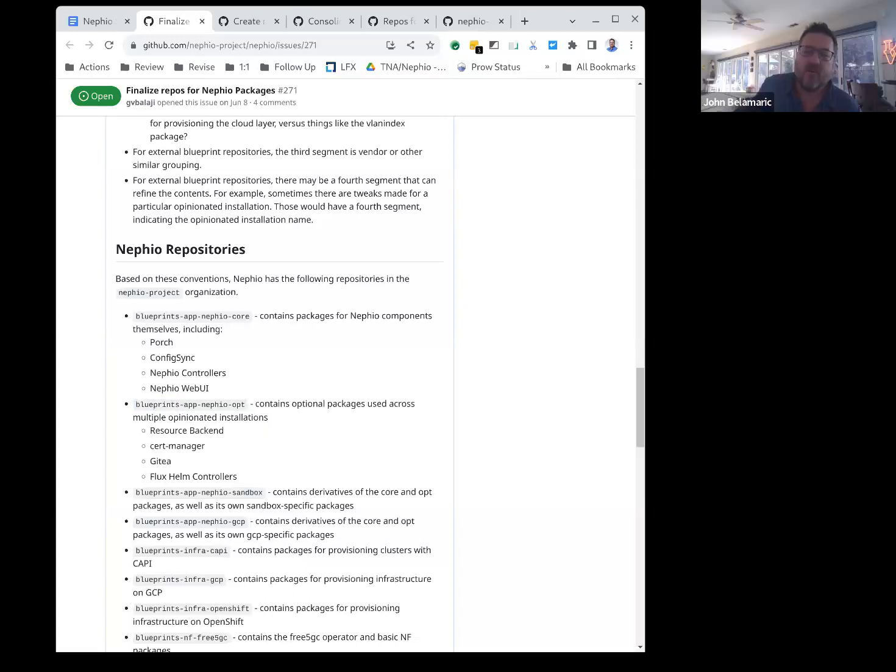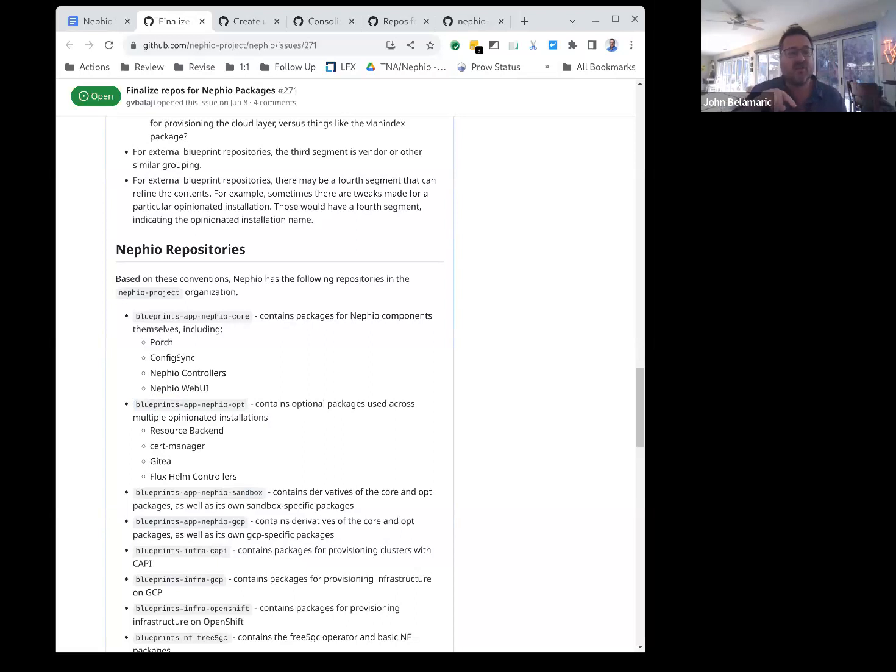So a registered repository in Porch can be a subdirectory, but it's a separate repository resource. So we could create an individual Git repo with subdirectories, and then we could register them in Porch with those subdirectories.